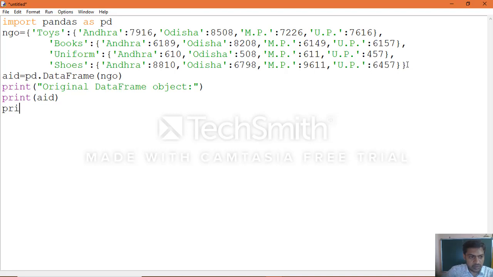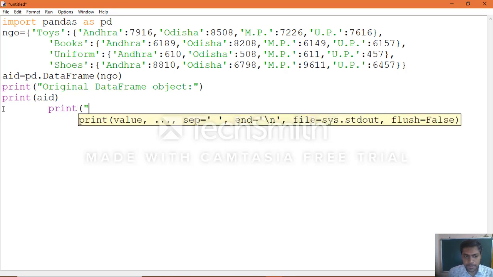Now our question is to print, display the aid for Andhra and Odisha for the books and uniform details.